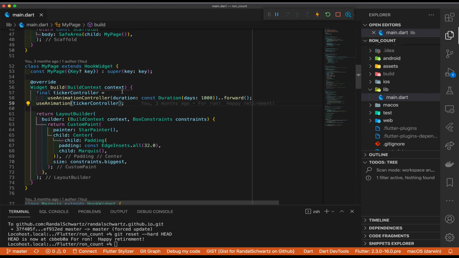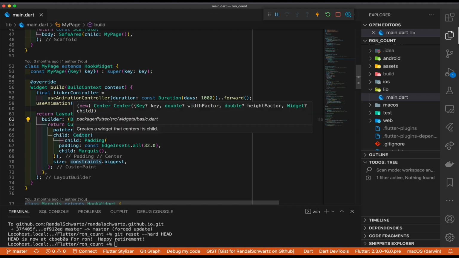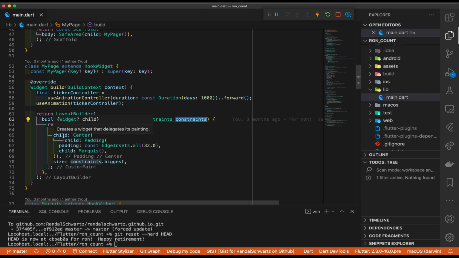All right, now this gives me sort of the heart of the program in that we will be ticking all the time. So we're going to take a layout builder so that I can get the box constraints for the full width and height of my viewport. And then I'm going to return a custom paint. You'll like this, so we'll get to that in a minute, where it's going to paint those stars on. And then there's a child which will sit above the level there that's going to be centered with some padding,